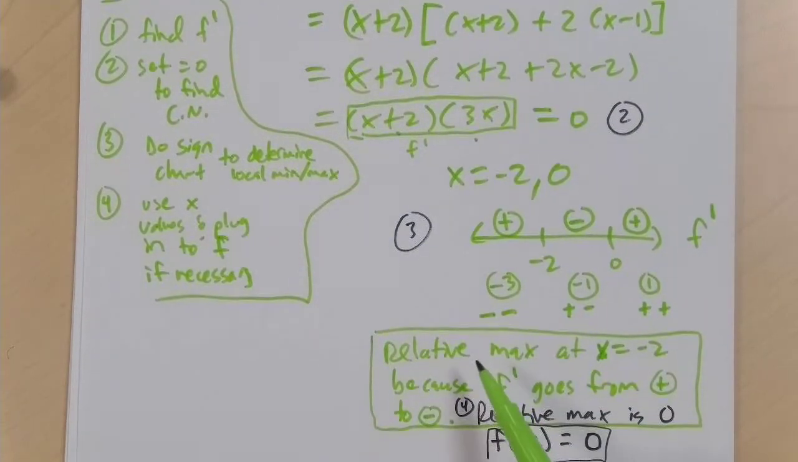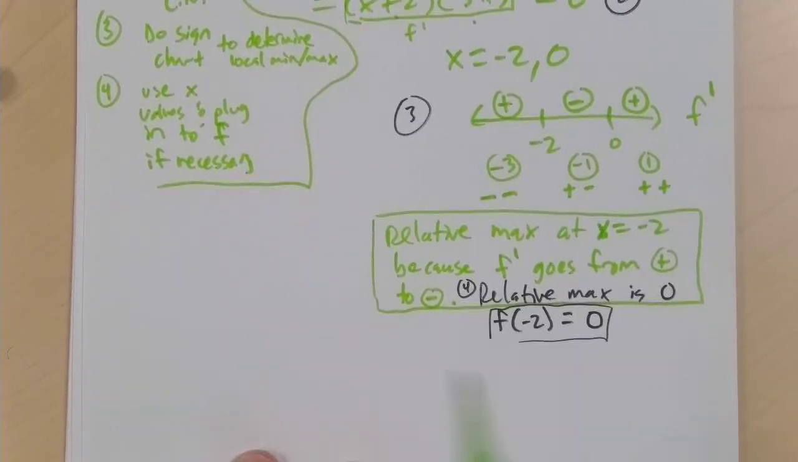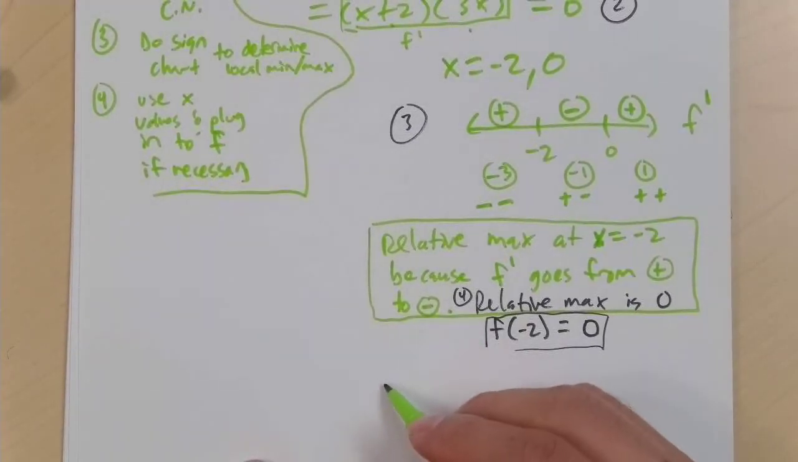Okay, we have a relative max at x equals -2. Since that's where the derivative changes from positive to negative, the relative max is 0. In other words, the y value for the function at x equals -2 is 0. Okay, and then similarly, we can say that there is a relative